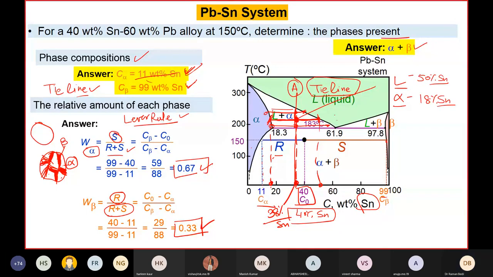Is it clear? सिमिलरली रिलेटिव अमाउंट फाइंड करेंगे with the help of लीवर रूल. टाई लाइन से बनेगी कंपोजिशन, लीवर रूल से मिलेगी रिलेटिव अमाउंट की जो लिक्विड कितने परसेंट है और अल्फा कितने परसेंट है, that is your relative amount. वो भी यहीं से मिल जाएगी, इसी पॉइंट पे निकालनी है. तो इस अपोजिट से आप जिस साइड का लेना चाह रहे हो उसके अपोजिट कर दो. इधर लिक्विड वाले का अपोजिट है, आर्म हो गई आपकी ये वाली, divided by the total lever length, that is giving you the value of the